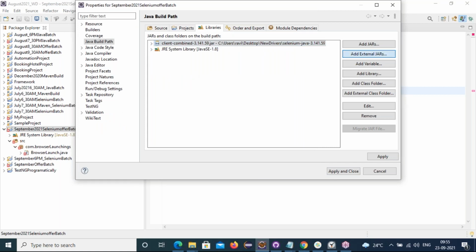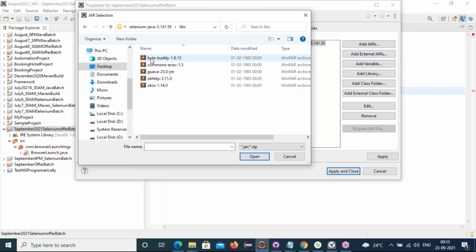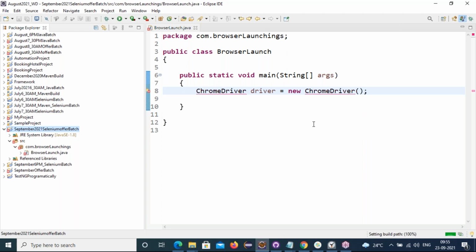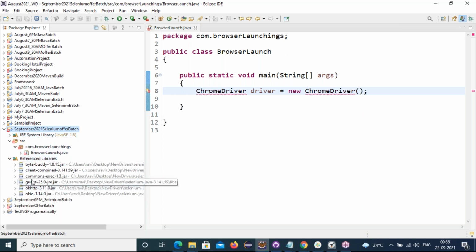Again, click on Add External JARs, and in the folder, all these also we have to add. Click on apply and close. Now, once we configure that Java language binding into my current project, under the referenced libraries, client combined is the folder containing jar files under my project.